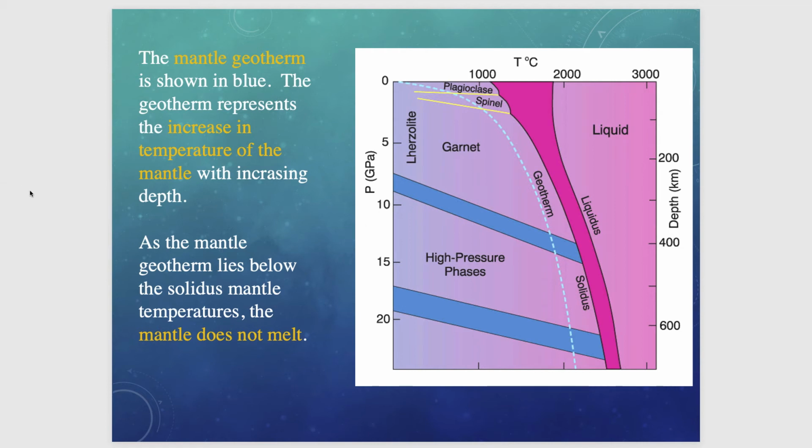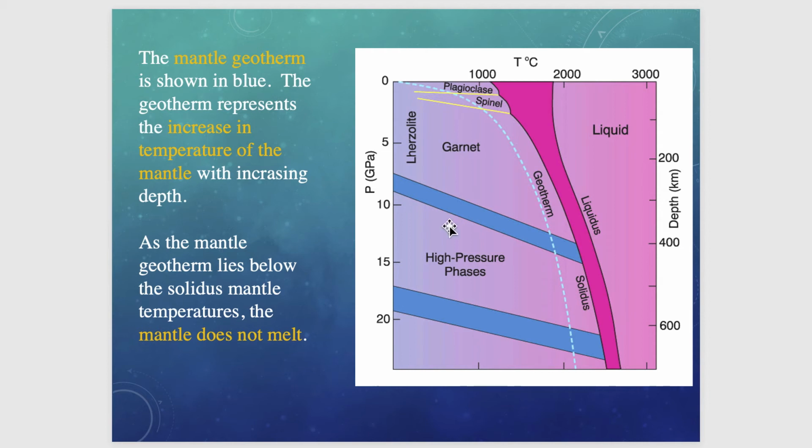So the mantle geotherm is shown in blue. The geotherm represents the increase in temperature of the mantle with increase in depth. As the mantle geotherm lies in this example below the solidus, the mantle does not really melt in this context,